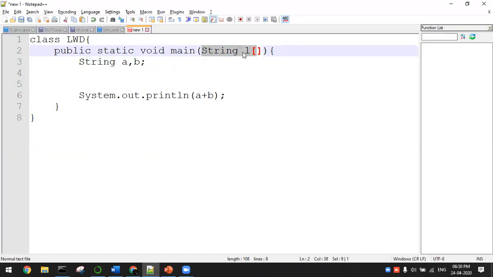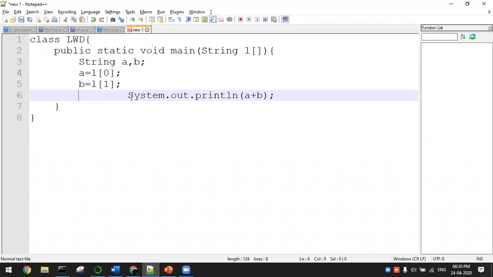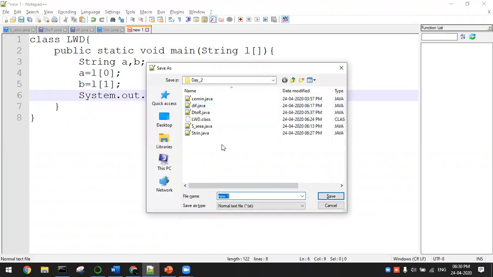So this with argument, we are going to make use of it. My argument type is nothing but a string array. The string array has the name L. Now I'm going to get the first input as a equal to L array, first index value 0. Similarly, b value is nothing but L of 1. You got it? Now I want to execute this program. I'm just having A and B, and addition I'll be giving. So let me save this program